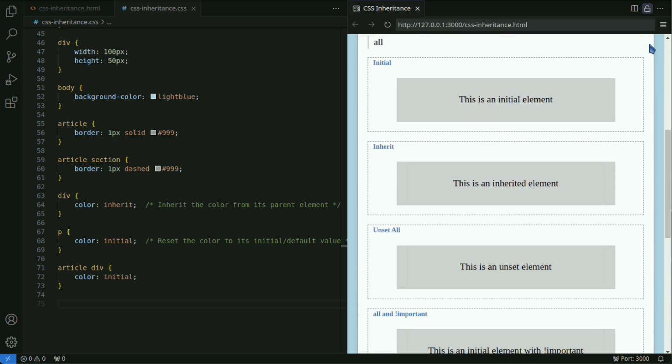Next, let's take a look at the CSS all property. The all property is a property that can reset almost all CSS properties, including those that can be inherited, for a specified element at once. Specifically, you can use the following 3 keywords to set the properties of an element. Initial resets all properties to their initial values.